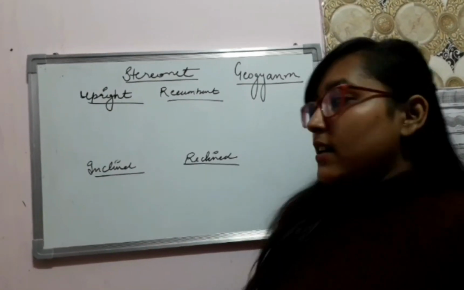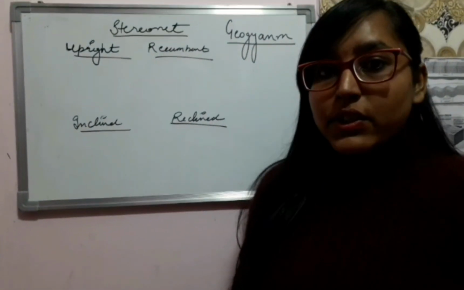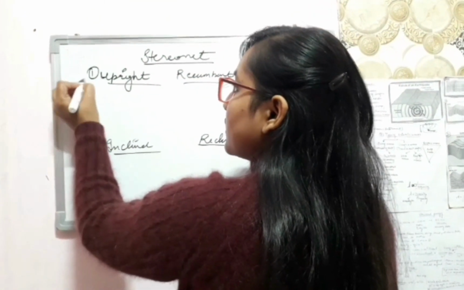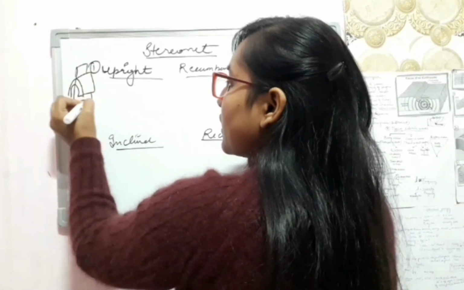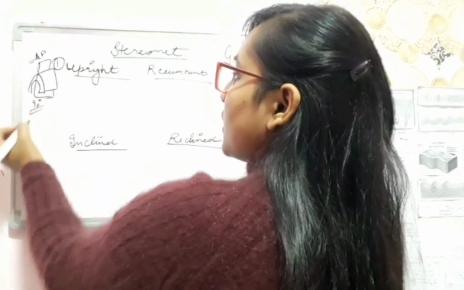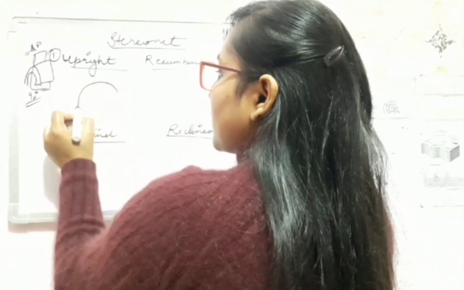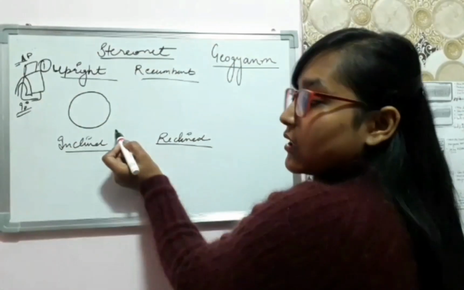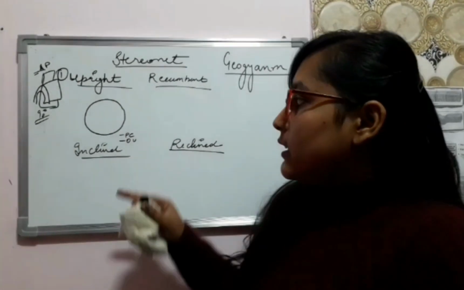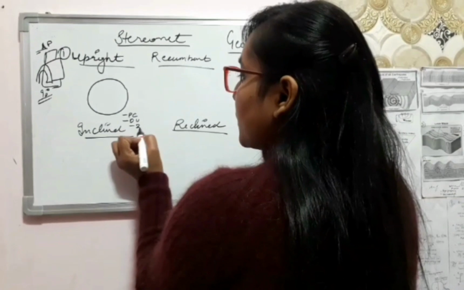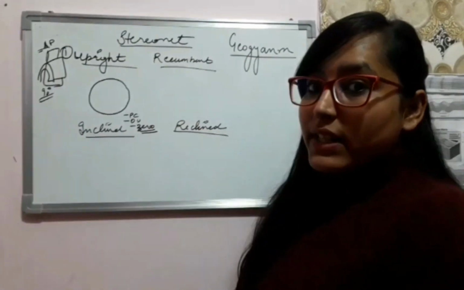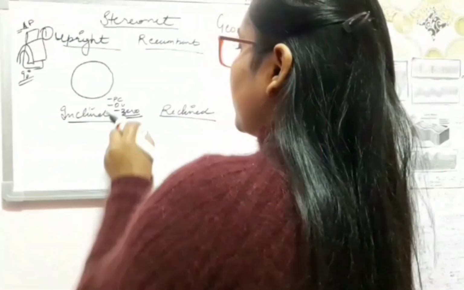So now we will see how these folds get plotted on the stereonet. So first of all, I will do for upright. This was the upright fold. This was the axial plane. You can see the axial plane for upright fold is vertical, almost 90 degree. So I will draw a circle. This is a primitive circle or also called outer circle, and dip on the outer circle is always 0 because we take outer circle as a horizontal plane on the stereonets. So its dip will be 0.